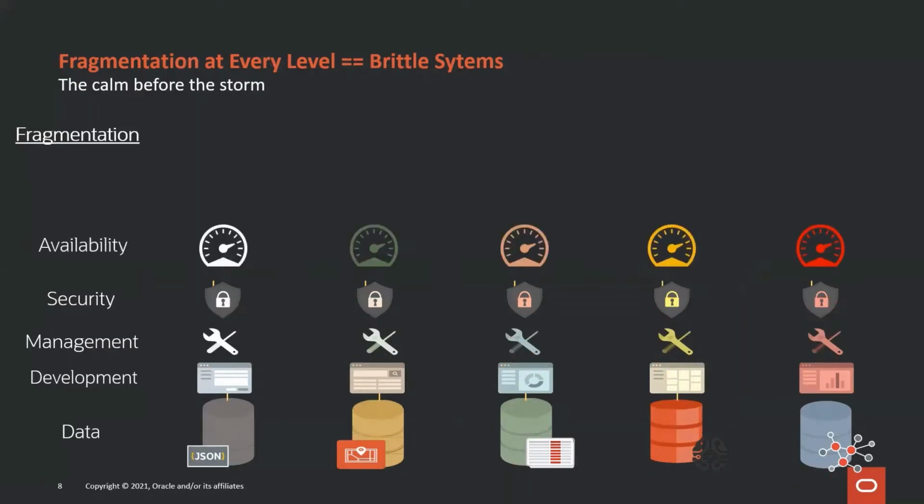From an availability perspective, the DR and business continuity models and capabilities will be different. The runbook procedures that your ops teams will use in a DR scenario will be different for each data store. That situation is ripe for failure under the pressure of a DR or BCP event.